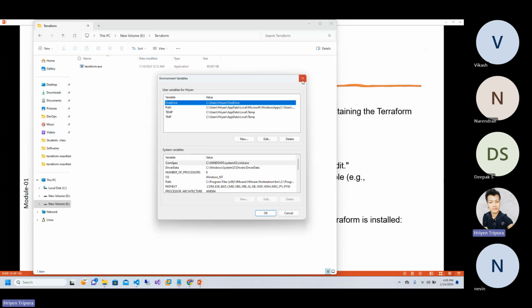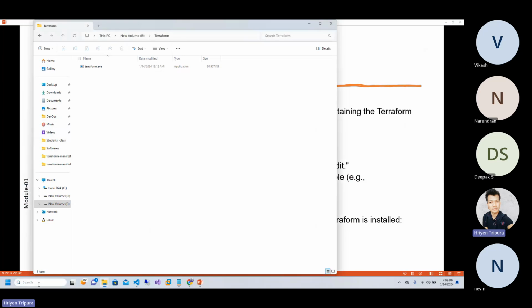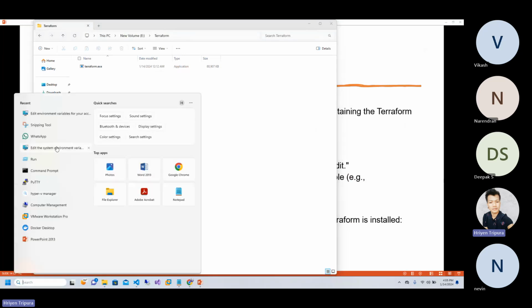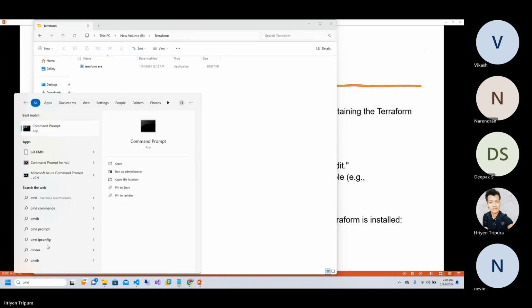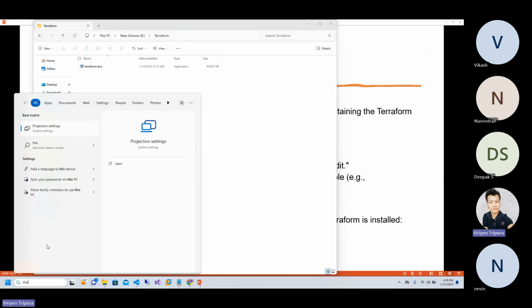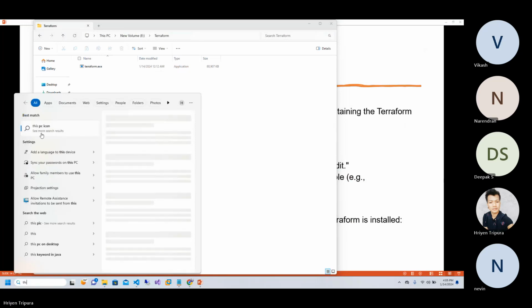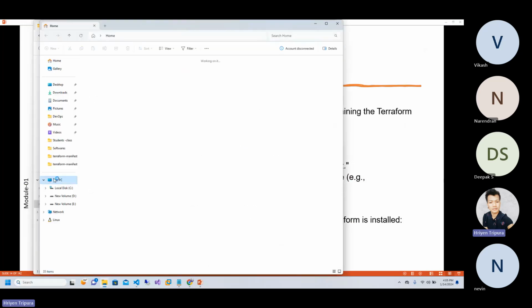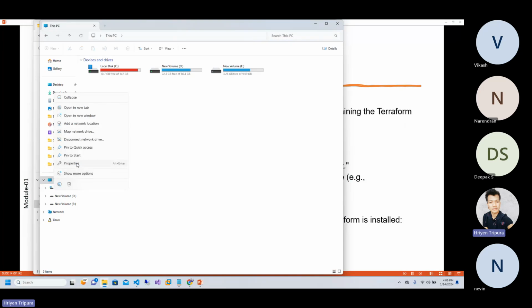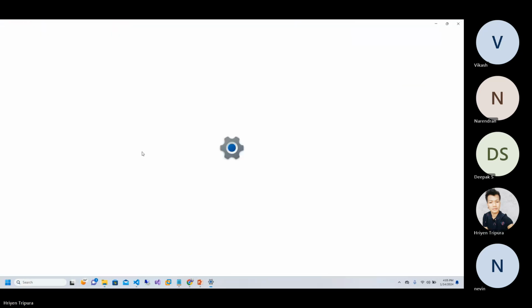Okay, it's not taking. Do one thing directly. Sometimes I don't know why it's not getting. You can directly go here also. Otherwise, just type. You can go directly to My Computer also, because sometimes it is not taking me there, it's taking me some other place. So if I go to my properties,